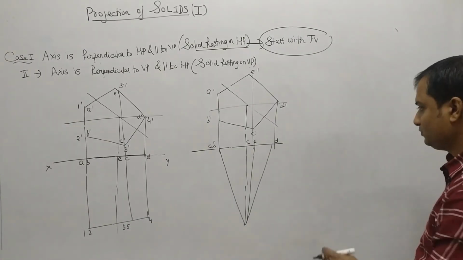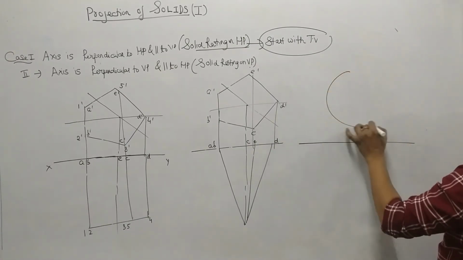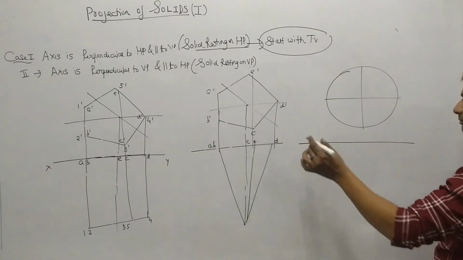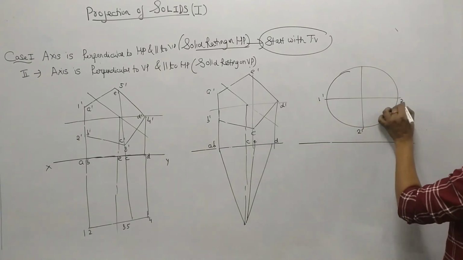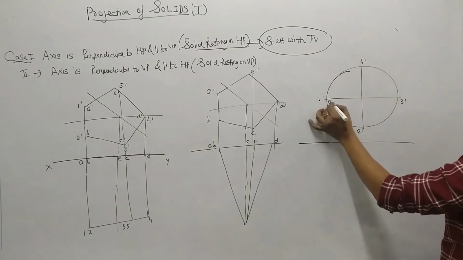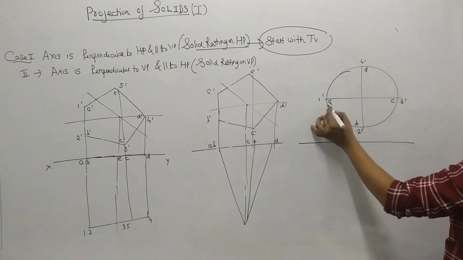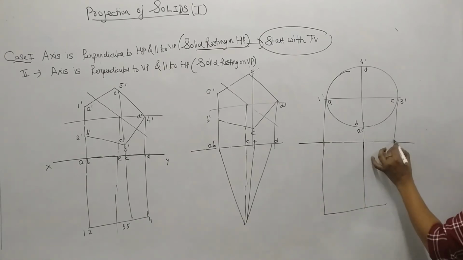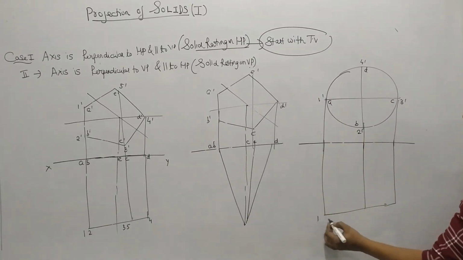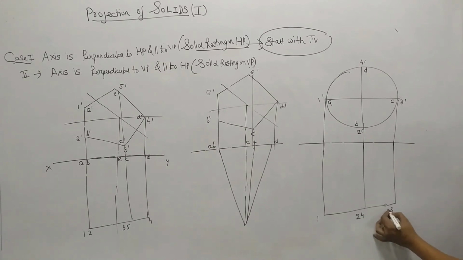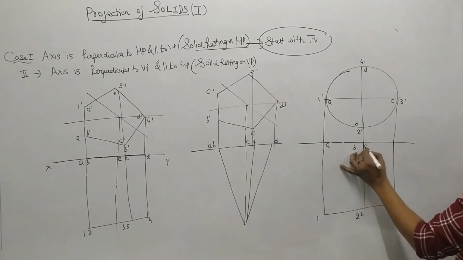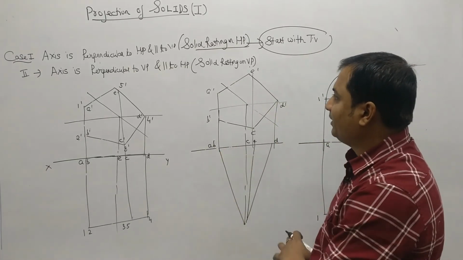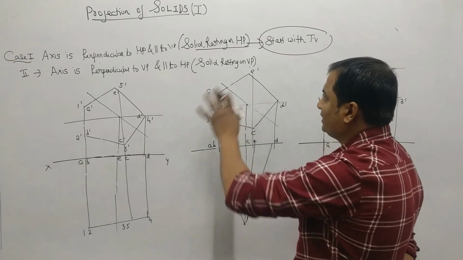Similarly for the cone and cylinder, I will be drawing only for the cylinder. The front view will be a circle with 8 equal parts, but I will be showing with 4 parts. There will be double naming again, 1 dash, 2 dash, 3 dash, 4 dash, A, B, C and D. The top view will be a rectangle of the given height of the cylinder. So numbers will be 1, this will become 2, 4, this is 3, this is A, this is B and D, this is C. Similarly you can draw for the cone. So this is the second case, when the axis is perpendicular to VP and parallel to HP, where the solids are resting on the VP.